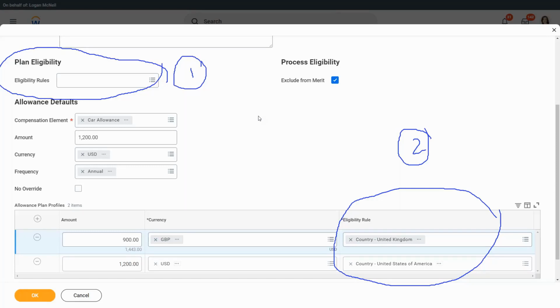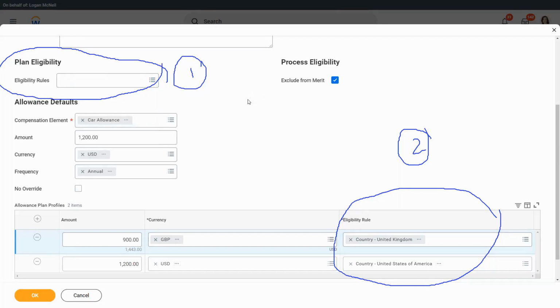Only managers or above will get a car allowance. Then my eligibility rule will say managers or above. So all managers or above, like executive directors, vice presidents, etc., everybody is eligible for this particular car allowance. That is what this eligibility rule at the plan level will specify.